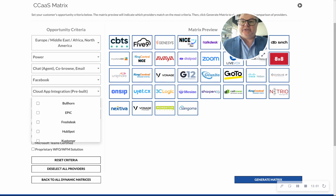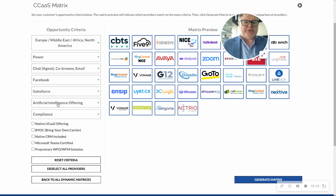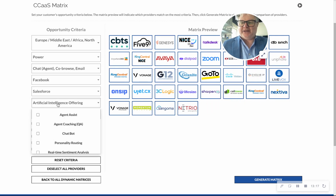Cloud-based application, we just did a large staffing firm that we moved to this service, and they required an application called Bullhorn, which is a CRM for the staffing industry. But the most common one is going to be probably Salesforce. So we'll choose that. And then AI, everyone wants to talk about AI, this, that, chatbots, and there's all kinds